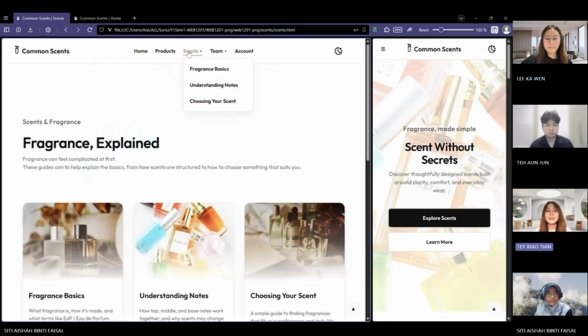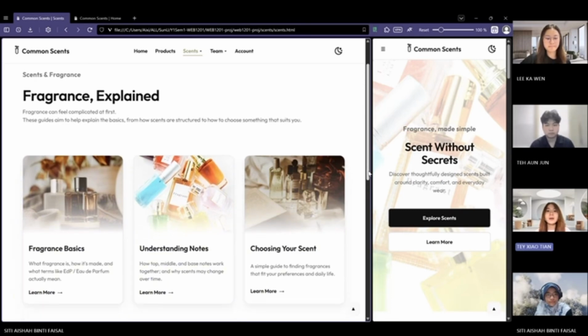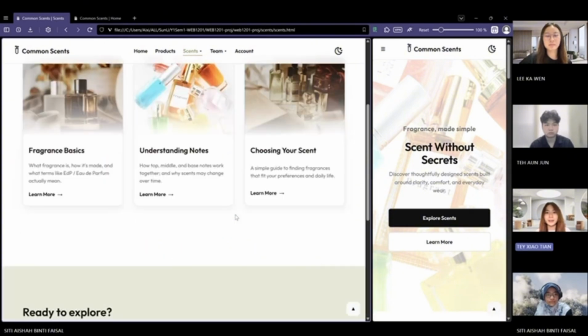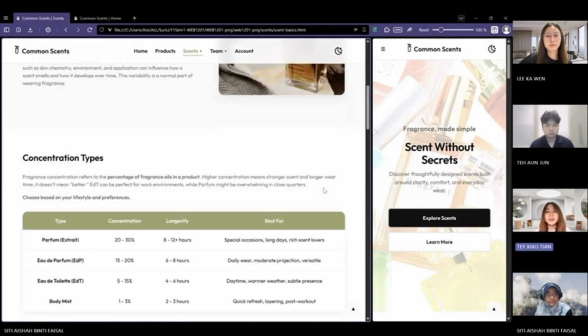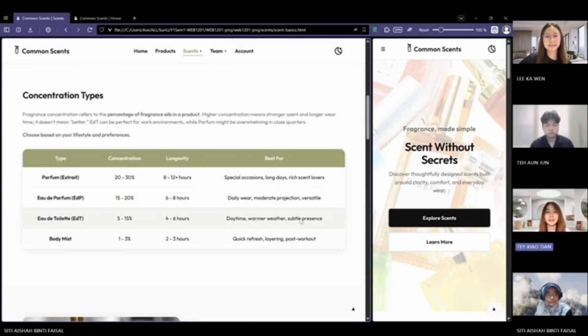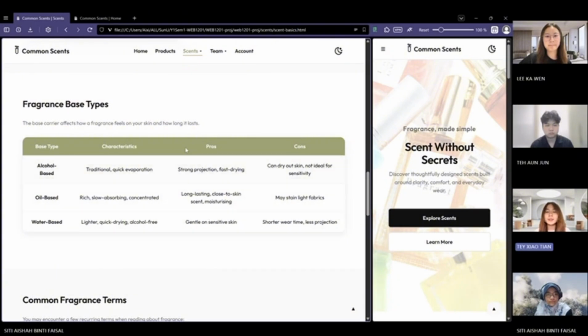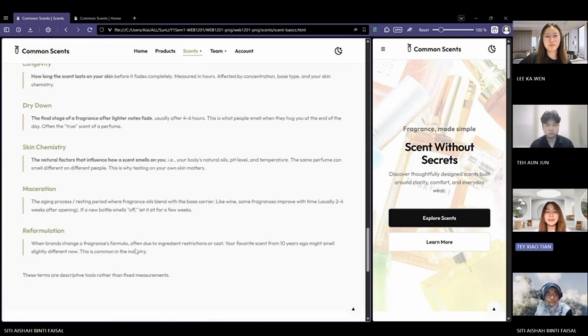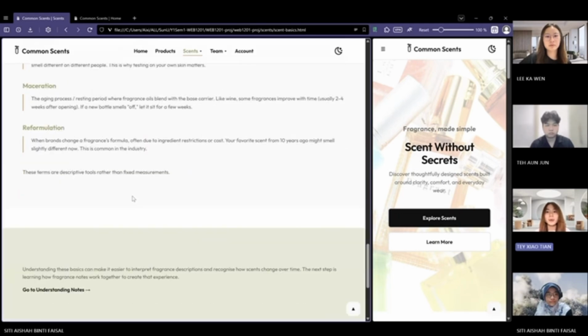Thank you, Kawan. So next, we'll move on to the scent pages, which focus on content structure instead of interactivity. These pages were designed to demonstrate the use of semantic HTML elements for presenting educational content clearly. For example, the fragrance basics page uses HTML tables to compare fragrance concentrations and families, making comparison data easy to scan. Terminology sections use definition lists, pairing each item with its explanation in a structured way that's more appropriate than